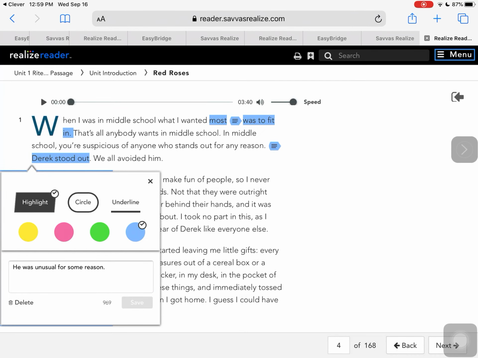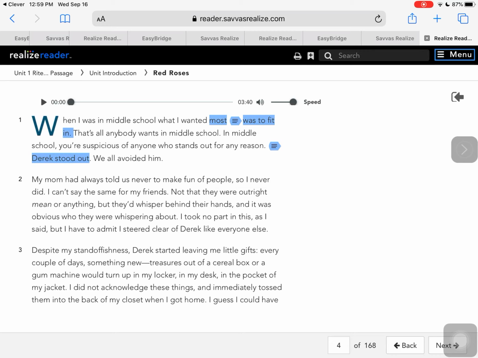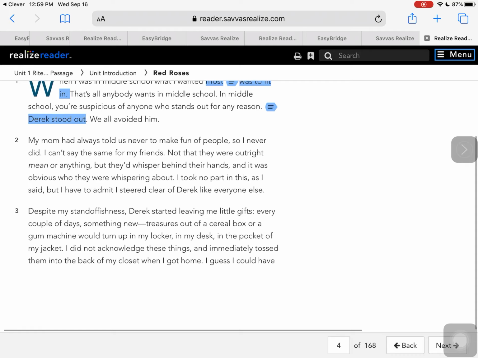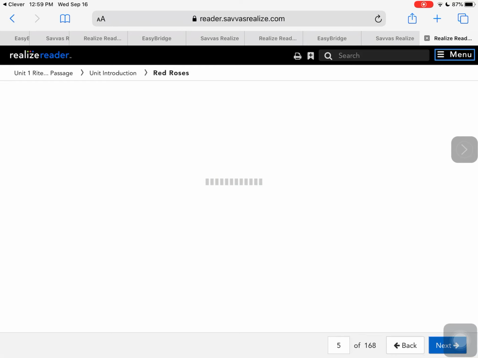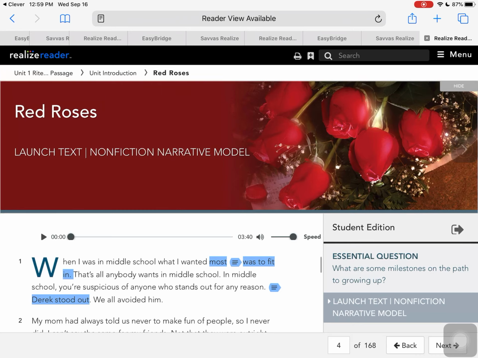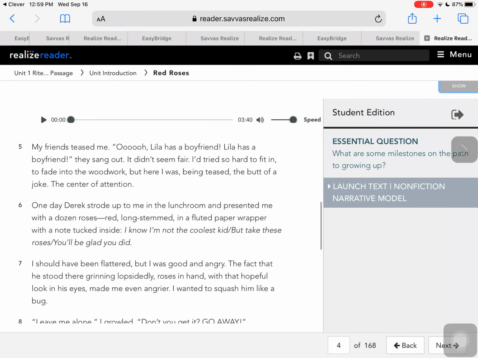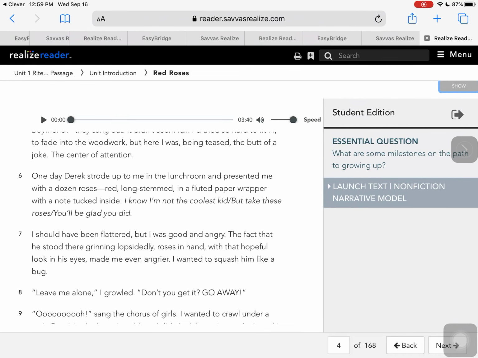Now my next one that I'm looking for is a descriptive detail. Let's see if I can get this to X out. Because I want to X out. Technology is fun. I would keep on reading. Why is this next? Nope, that's not it. All right, so it's still there. Hang on, guys. Okay. Now, I want you to annotate the whole text, but I just wanted to give you an example of